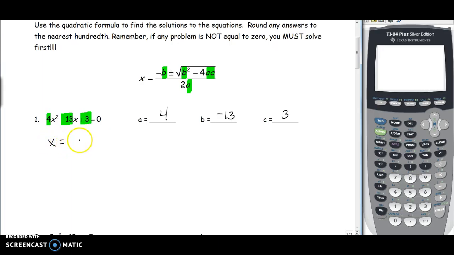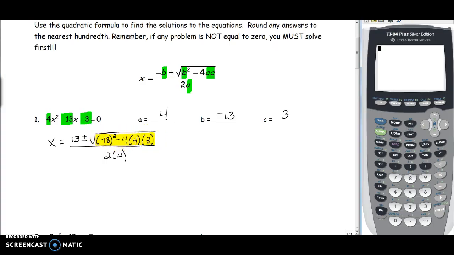So we have x equals the opposite of b, and since b is negative already, it would be positive 13, plus or minus the square root of b squared, remember to put that in parentheses, minus 4 times a times c, all over 2a. The first thing we do is take what is inside the square root and substitute it into our calculators. So we have parentheses, negative 13,